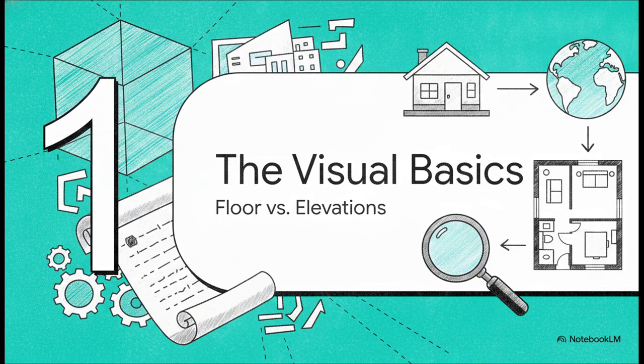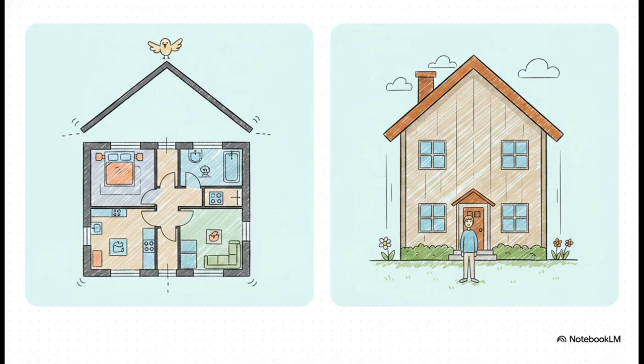All right, part 1. The visual basics. To stop feeling totally lost, we first need to figure out how our vast 3D world is squished down onto a 2D piece of paper. And it really all comes down to perspective. Think about it like this. We've got a perfect contrast between our two main views. On one side, there's the floor plan. Imagine just ripping the roof right off a house and looking straight down at it like a bird flying over. That's your floor plan. It shows you the room layouts, how thick the walls are, and exactly where the doors